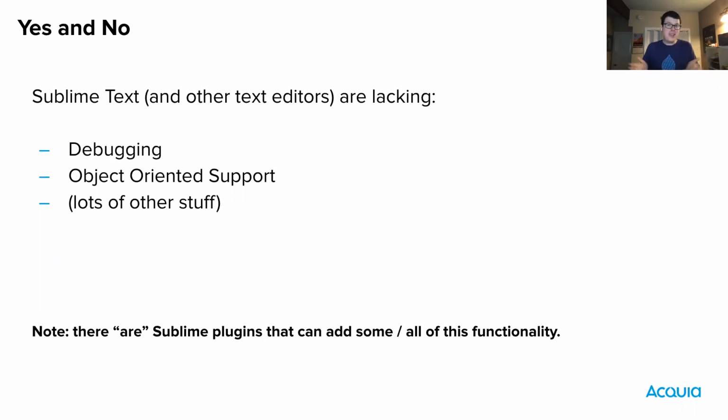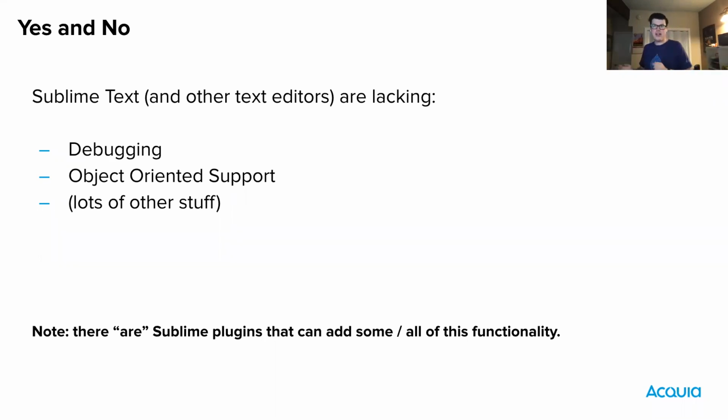Debugging didn't really used to be a thing in Drupal, right? I mean, we all did this. Some of you may still do this, where you're going to use the devel module, and you're just going to DPM a variable or an array or something to try and figure out why it's not working. That doesn't work so hot in Drupal 8 and 9. And doing real debugging, where you can actually step through the code, does require more powerful software than just a text editor.